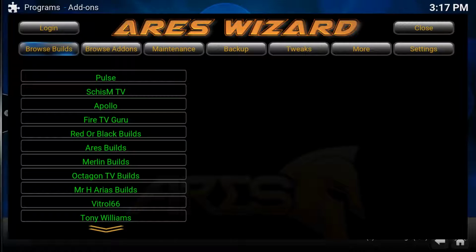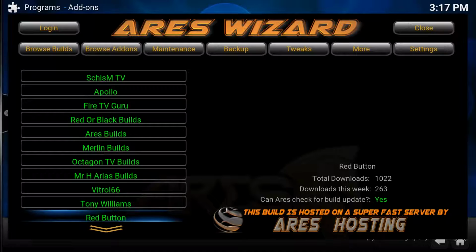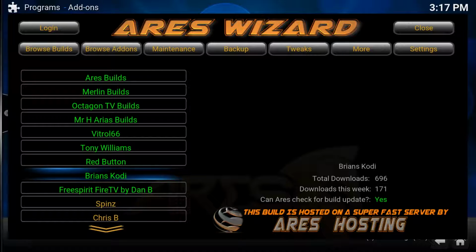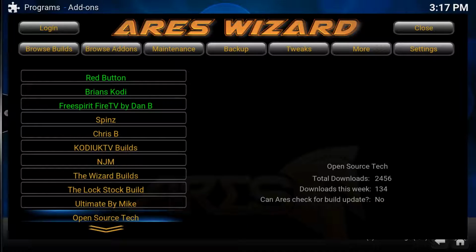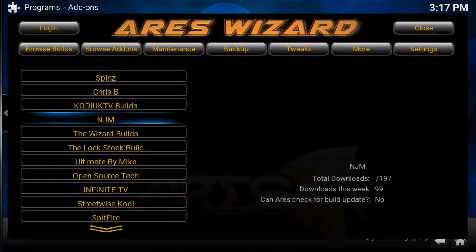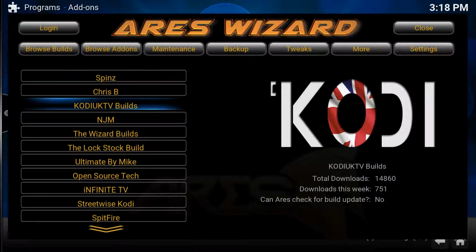browse builds. Now what you've got here is loads of different versions of KODI. They are, like I said, pre-configured. They've got their own little setups going on, and they're all done by various different people to various different standards. As you can see, some of them are a lot more demanded than others, let's say. But yeah, download one. If it doesn't work your way, go back in, download another one, keep it going, find the one that suits you. Some of them will work more than others. I don't know. I'm British, so I'm going to try KODI UK builds. Let's give it a go.